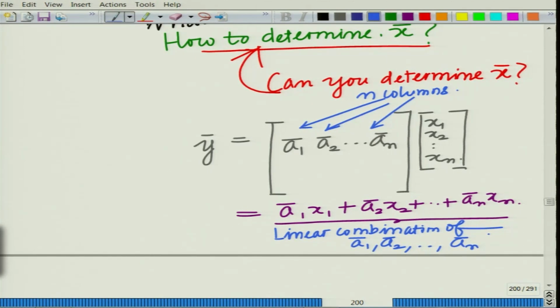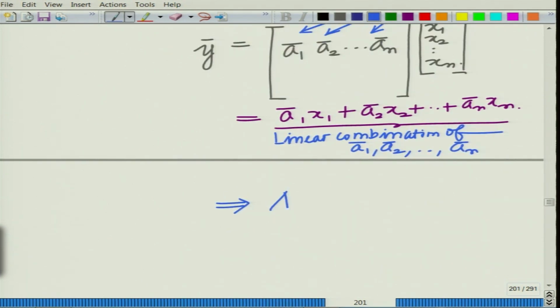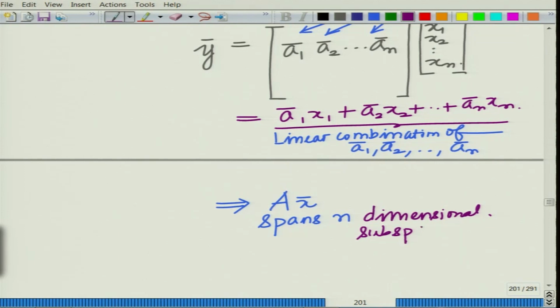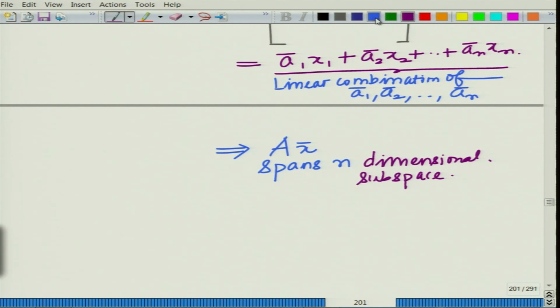This implies that Ax bar spans an n dimensional subspace, at most n if the columns are linearly independent. But let us say, for simplicity, that A is full rank. Because m is greater than n, the maximum rank is n, so it spans an n dimensional subspace. But observe that, however,